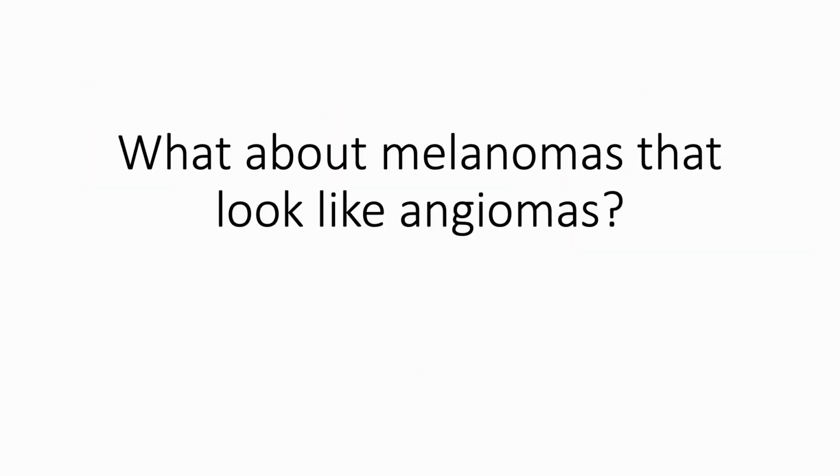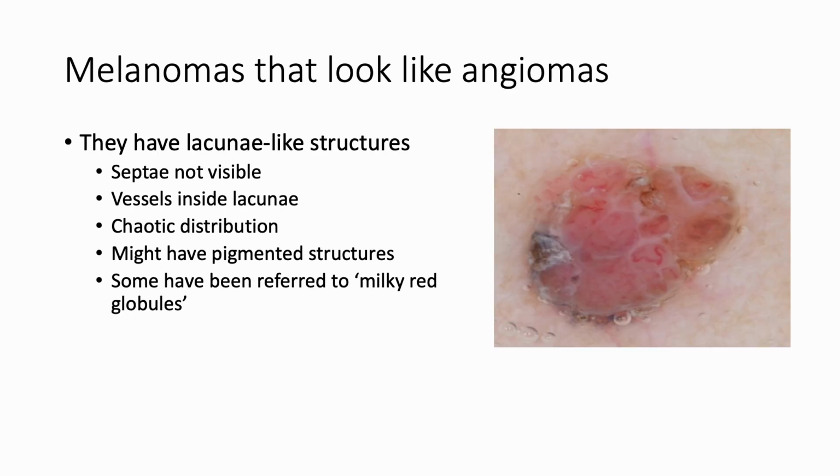So now let's see what about melanomas that look like angiomas. Melanomas that look like angiomas tend to have lacuna-like structures. Lacuna-like structures are characterized by septa not visible, by the presence of vessels inside the lacunae, and by a chaotic distribution. They might have remnants of pigmented structures, and some of these lacuna-like structures have been termed